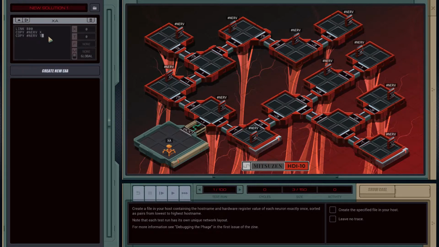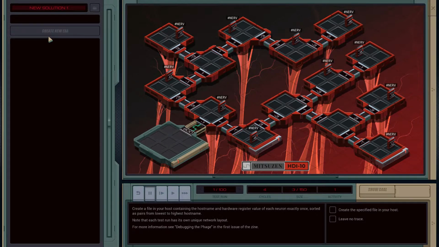Do I get the same value again? That would be quite nice. I do. Okay, so I don't need to worry about duplicates. I can just prune those as part of the sorting phase, perhaps.